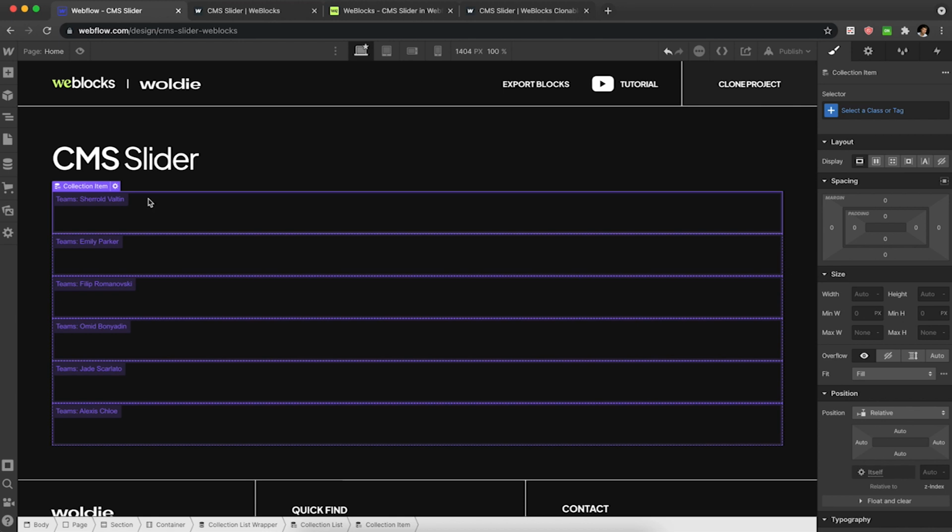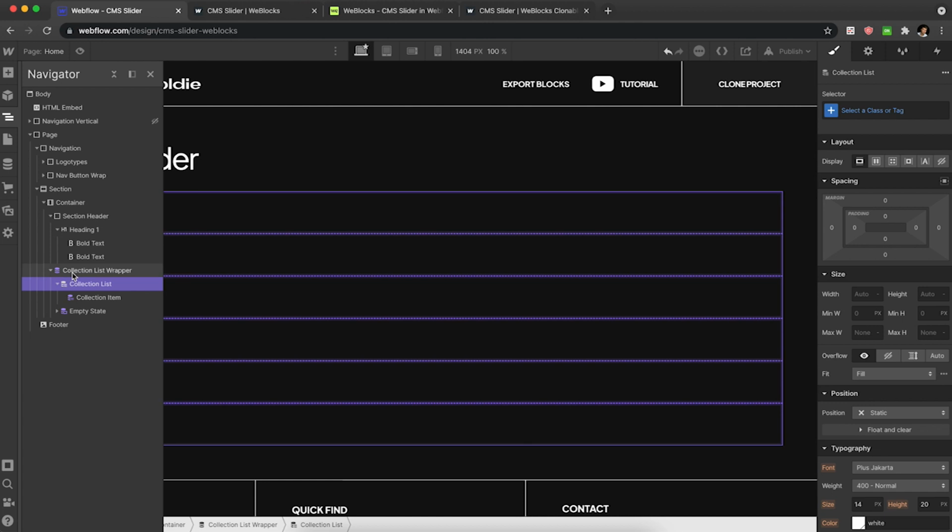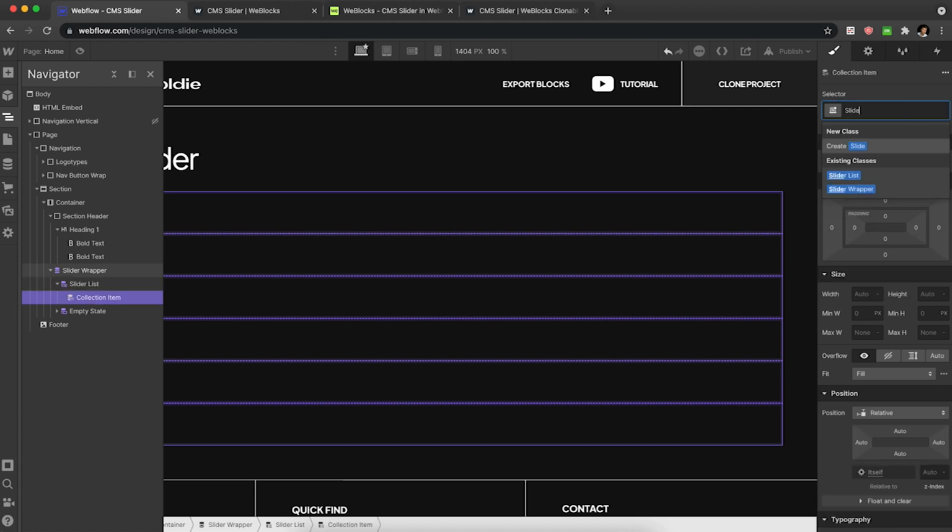And I need to add 3 classes for the collection list wrapper, collection list, and collection item. And these classes I will call, in this example, slider wrapper, slider list, and slider item. And it's very important to add these 3 classes because later we will use these 3 classes to